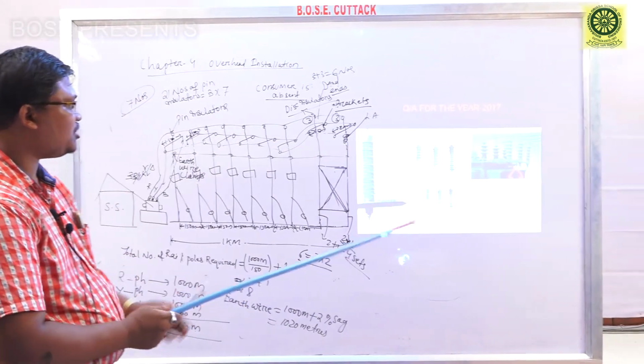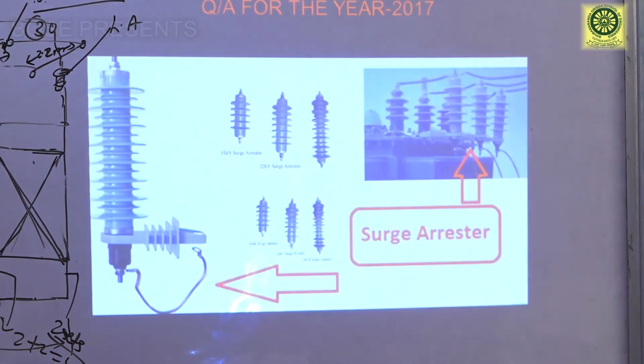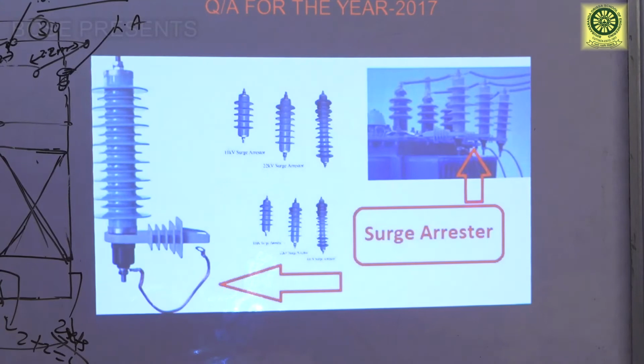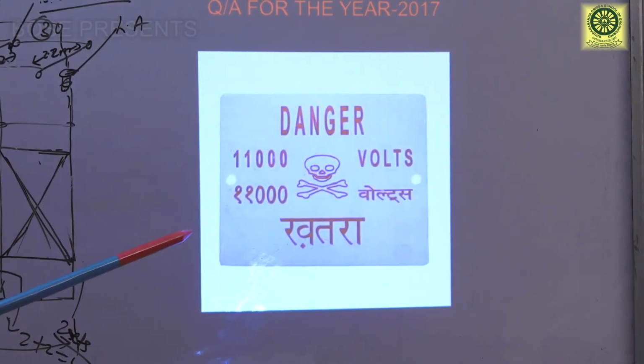This is the construction of lightning arrestor, what I have shown here. Next, this is the danger plate for 11 kV. And next,